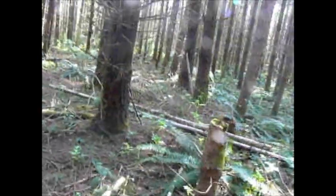Anyway, if we walk, yeah, see, here's one that the bark has been peeling off of. This is an older tree that's been leaning up here for quite a few years. I don't see any woodpecker holes or anything in it though, unfortunately. That's kind of what I'm going for back here. Some of these things on the ground here, most of these actually came from